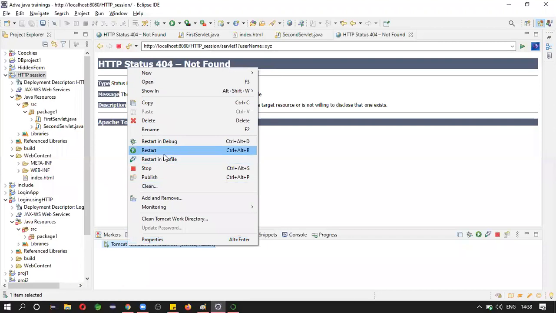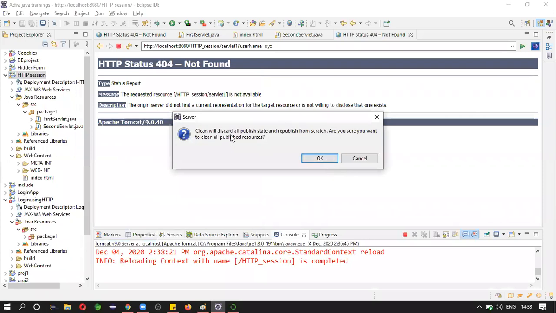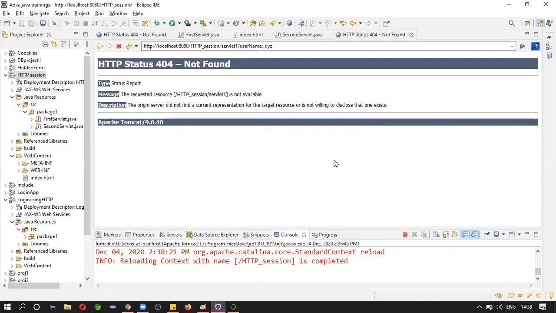You can also clean the Tomcat. See, cleaning will discard all the published state and republish from scratch. Okay, if you see the Tomcat server folder, you will see this application available in that directory, because a copy of this project will be stored there. Okay, so server will use that file.